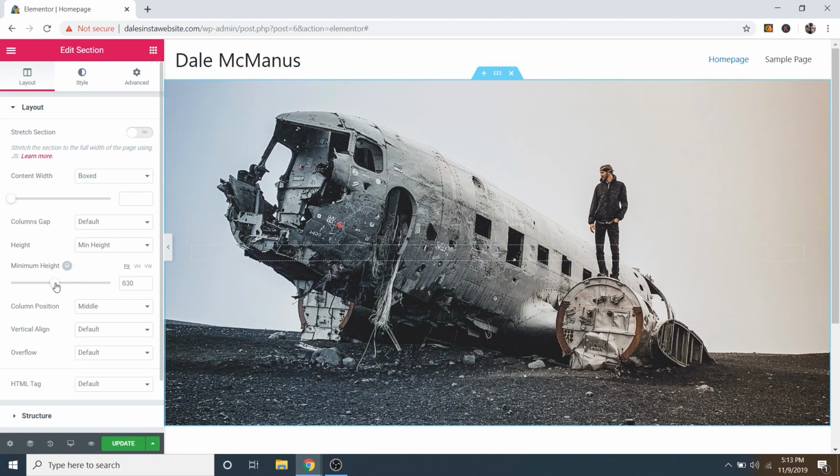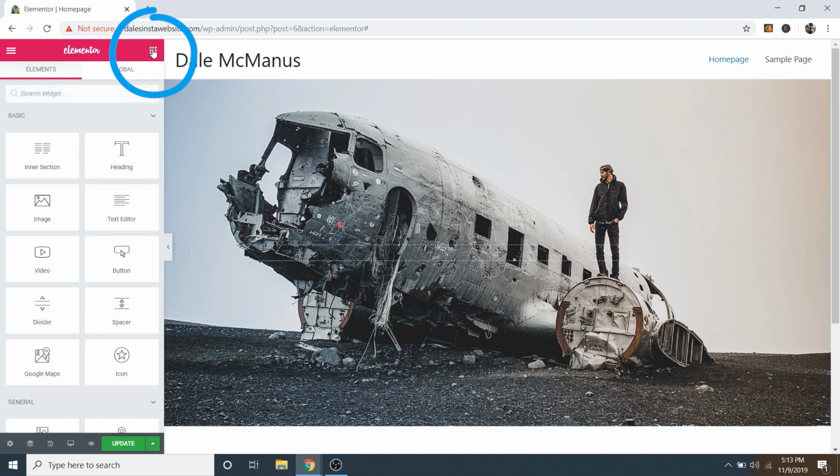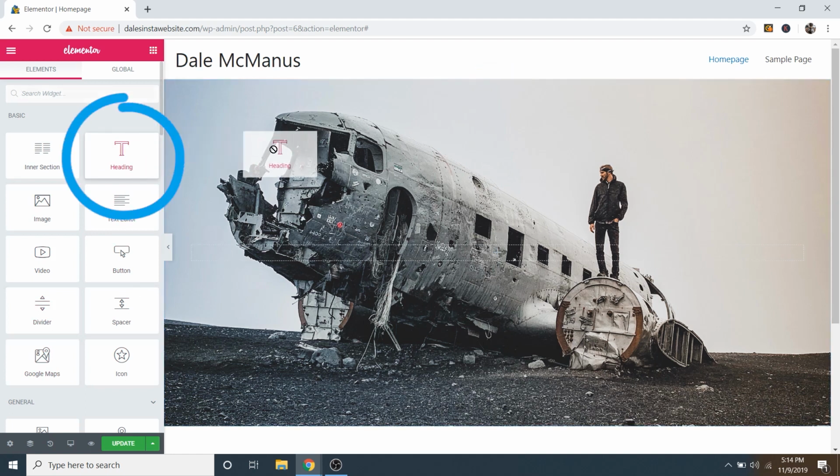And now let me show you how to add text. So if we just go up to this little Rubik's Cube looking symbol up here, here is where we can find all of our widgets. And these are all of our little tools that we can drag and drop in here and customize. And one of them is heading. So I'm just going to drag that heading